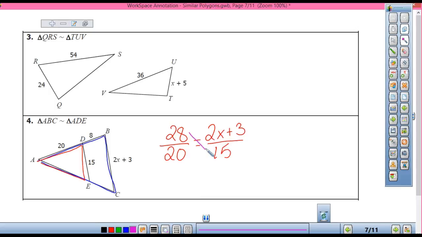So multiply across. 28 times 15 is 420 equals 40x plus 60, yep. So 40x equals 360. So x is 9. Okay, make sure your sides correspond